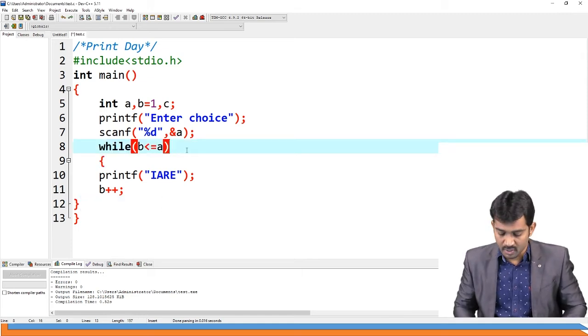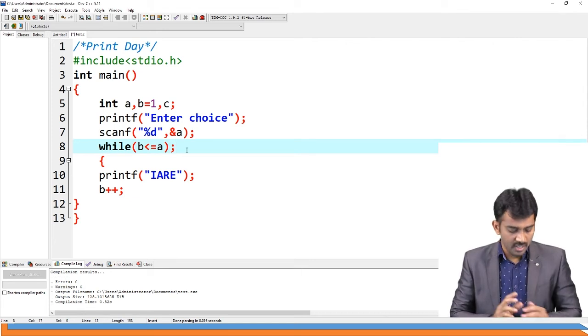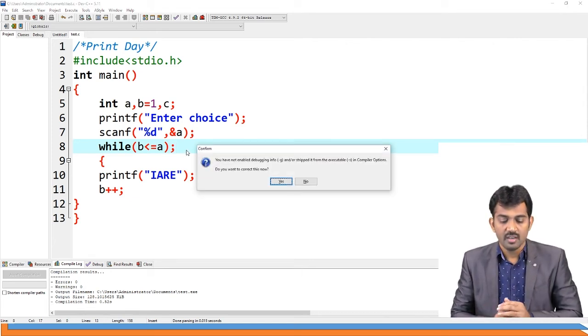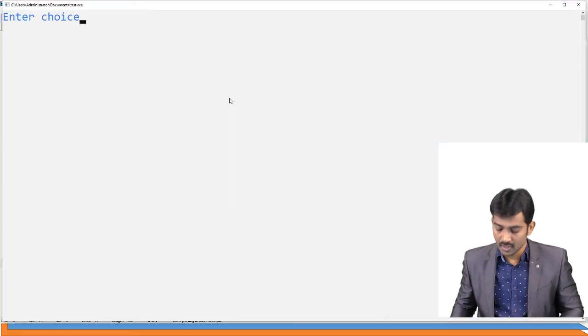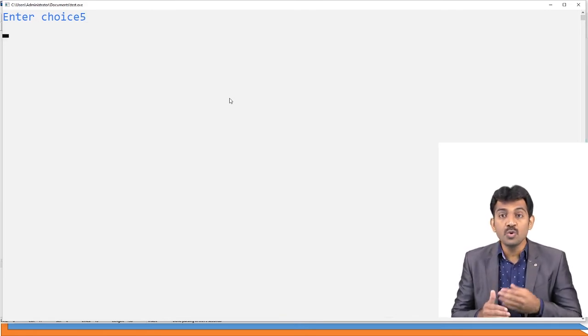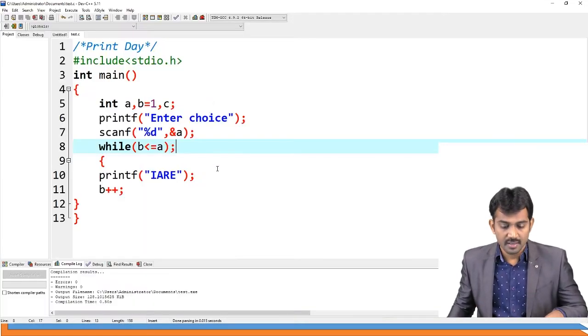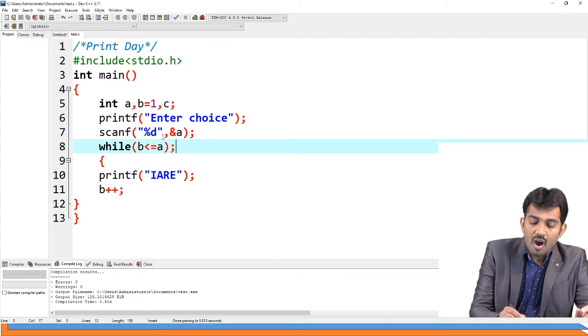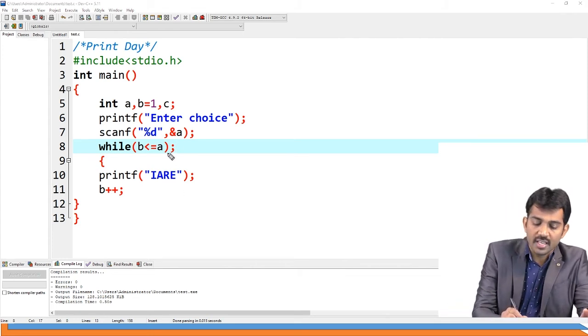See, if you use a semicolon here, what happens? Observe clearly. If there is a semicolon and 5 is the input, the loop goes to infinity. The reason is that the scope ends right here, meaning there is no increment and no decrement.